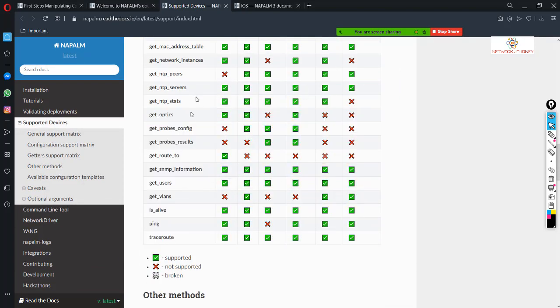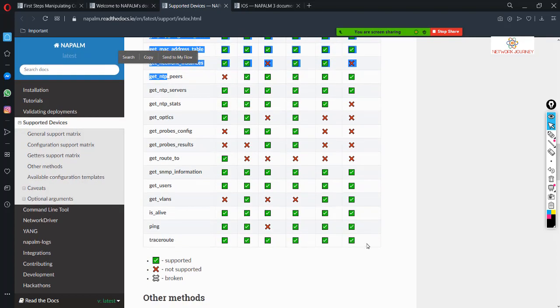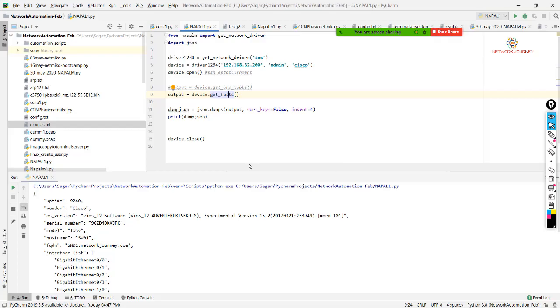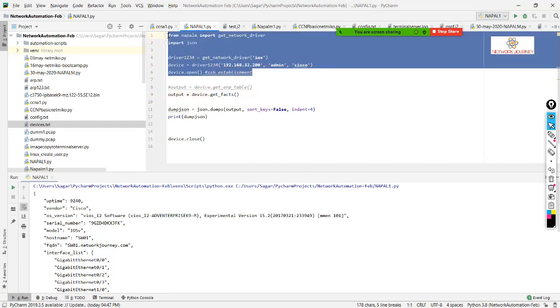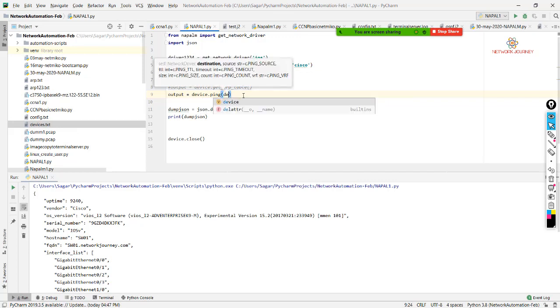After all these get commands, if you see the last few ones like ping, I'll show you how this ping can be integrated. Okay, so it's going to remain till this. I'll change over here, so I'll say it's now ping. And if you see, I can have multiple arguments within this function. So it says self, destination, source, TTL, timeout, vrf, right? So I say what is the destination.